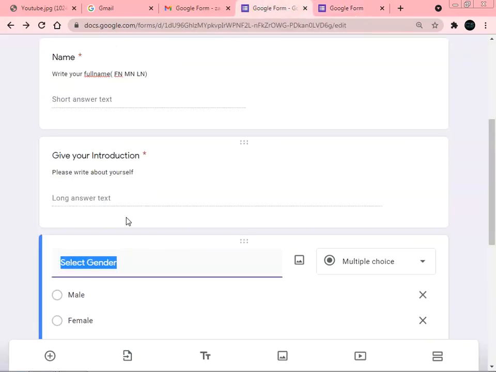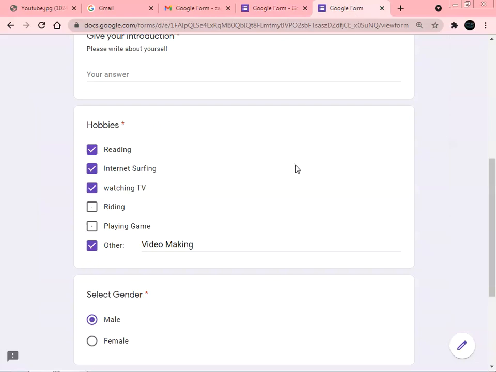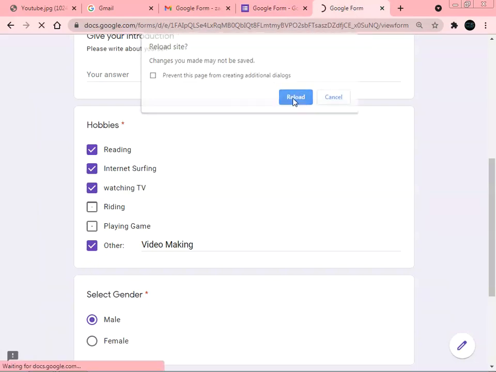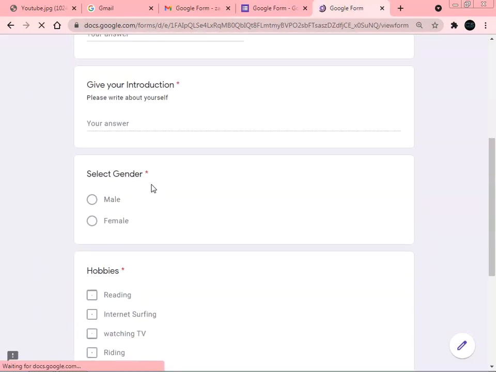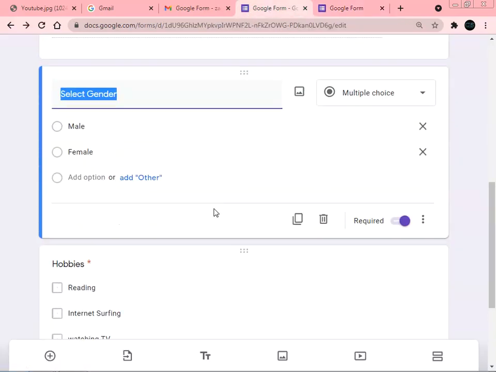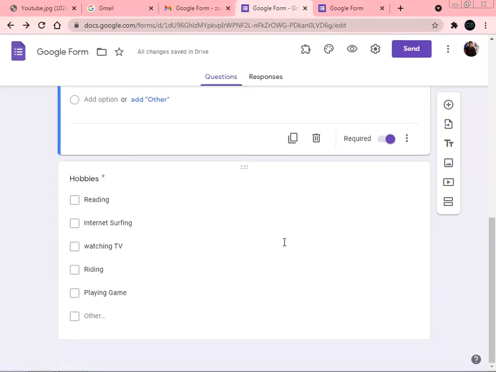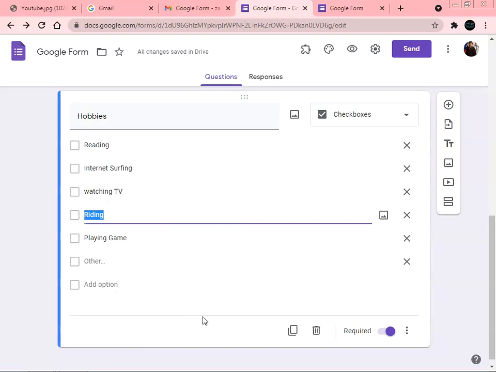Now we have changed the order. So after introduction, we will give select gender, then hobbies. So we are refreshing it. Gender comes to the upper part and hobbies comes to the lower part. Once you create the form, all information will be stored automatically in the drive itself.